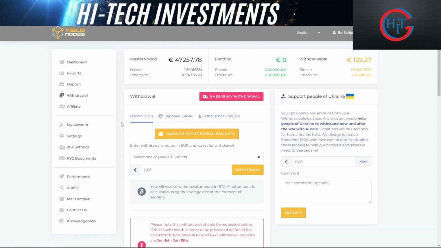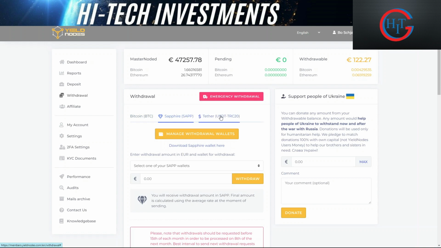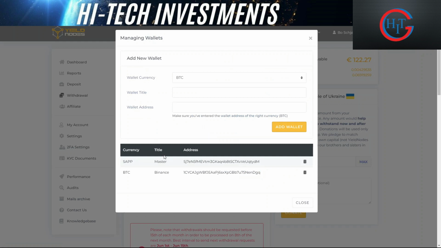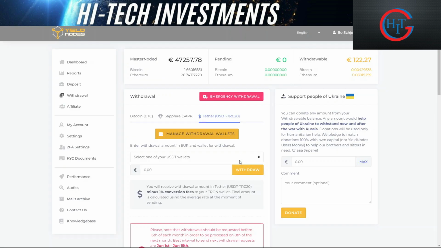So the Bitcoin part here, you can add and manage your withdrawal balance for the wallet. Same here for the SAP part. Or if you want to have a look at the USDT, then you add it here, and you again manage your balance. You can see that we have a SAP and Bitcoin balance here, and you pick which one you basically want to use. And then you add in the number. So in this particular case, if you wanted 122 out, which you have up here, then you simply add